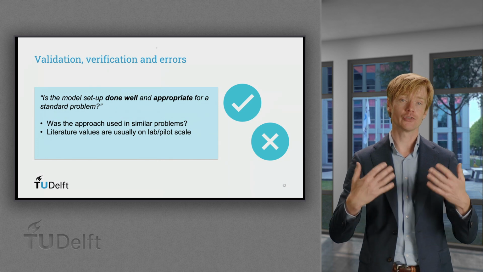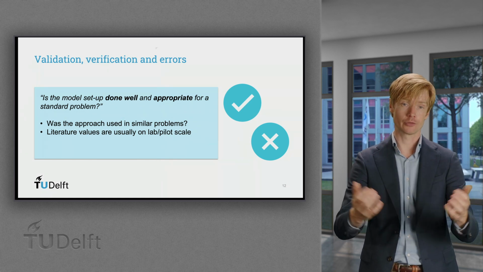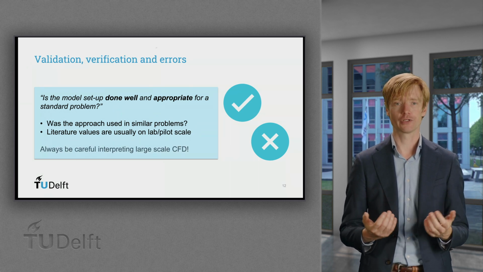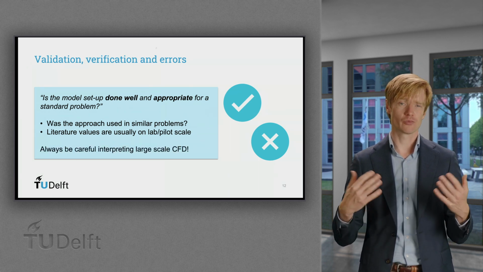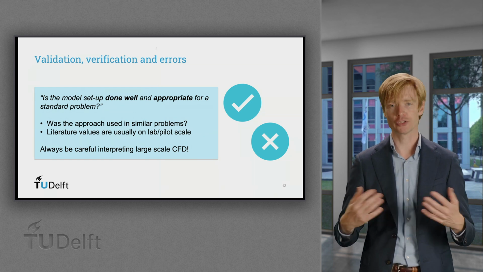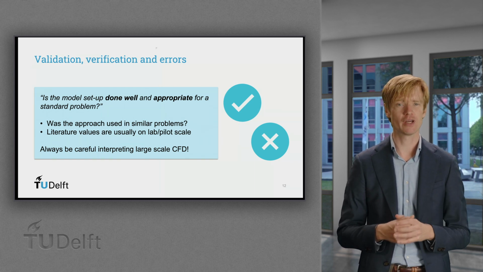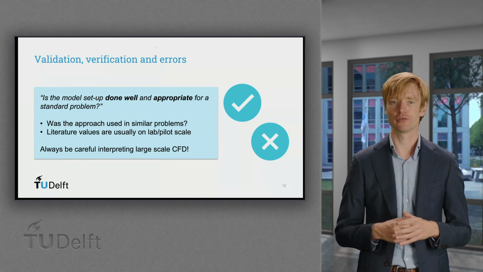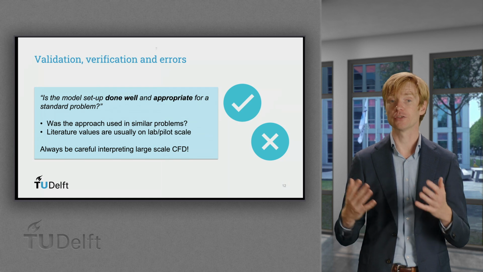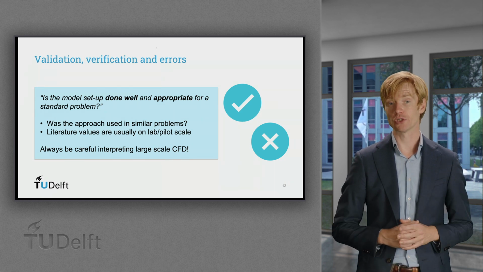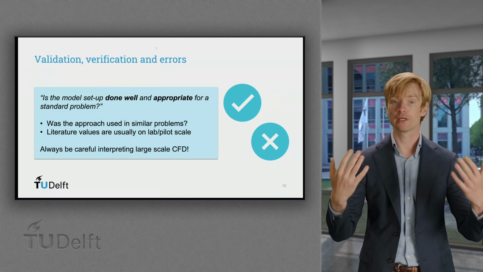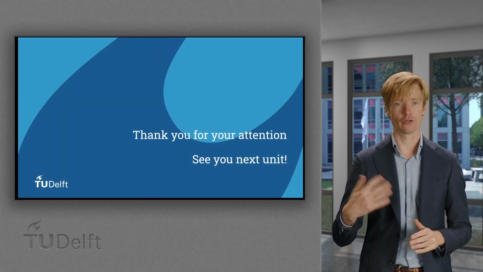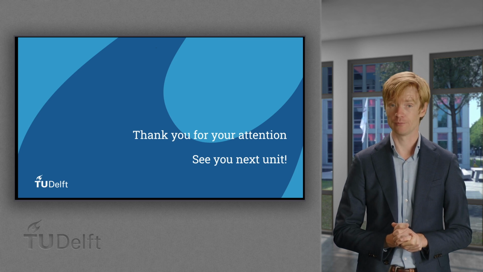Validation, checking if the results are true for the industrial scale geometry that you are considering, is even more difficult. Because for an industrial case, you may have some global data on gas holdup, oxygen transfer rate, maybe mixing time, but that's about it. And this means you still need to be very careful in interpreting large-scale CFD. Are the results logical, and do they match with what we can observe? If so, it's a powerful tool. Otherwise, it can be a pitfall.